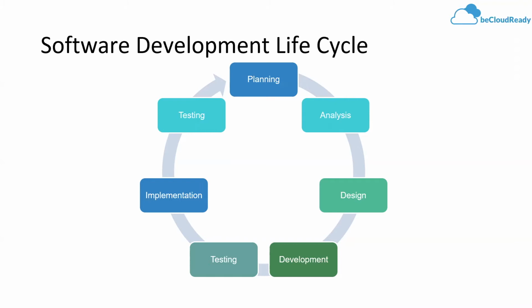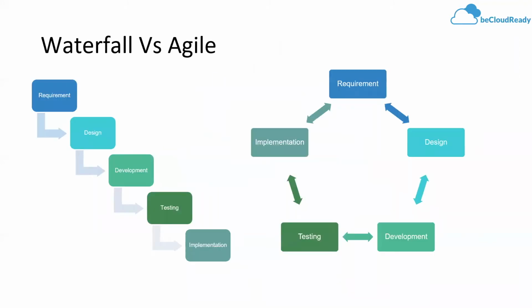So you will say, okay, why are you telling me about this? If you go to the slide, when I'm talking about software development, there are principally two approaches to doing it. One is called the waterfall model, and the newer method is called the agile-based model. In the waterfall model, you go through these phases, and once you have designed the home, there is only little you can change. Assume you designed a mansion, maybe a 4-bedroom house, and suddenly you realize, no, I need not a 4-bedroom, I need a 5-bedroom house.